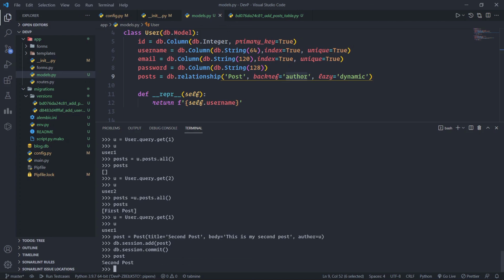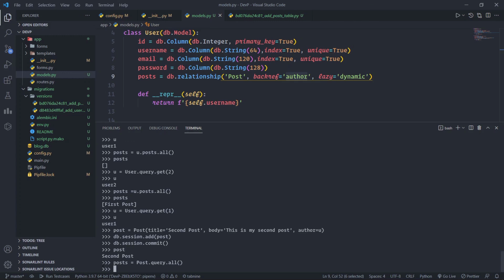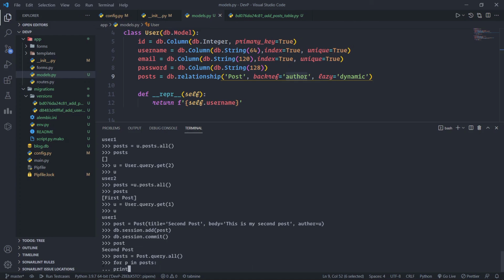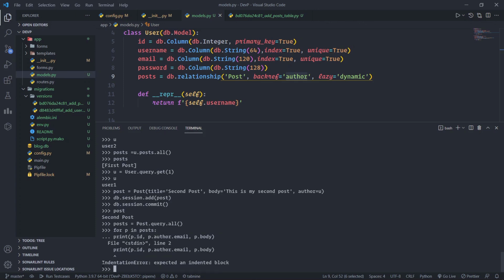Cool. Now let's do one thing. posts is equal to Post.query.all. So the posts variable will have all the posts written by any user, right? So let us run a for loop here. Sorry, we made a mistake here.